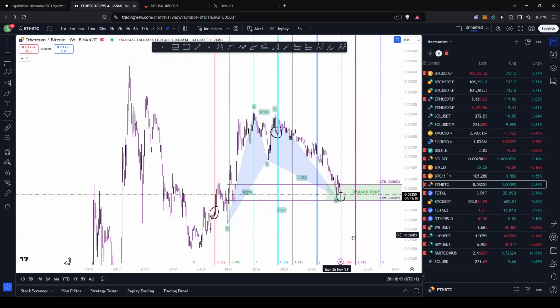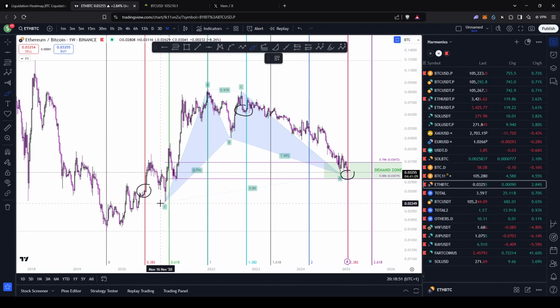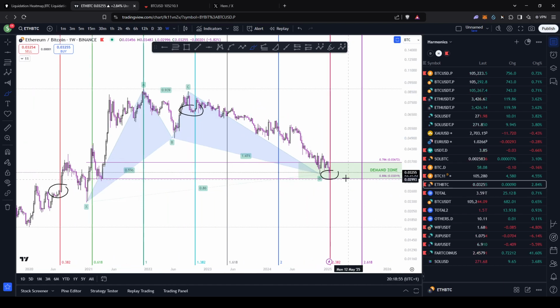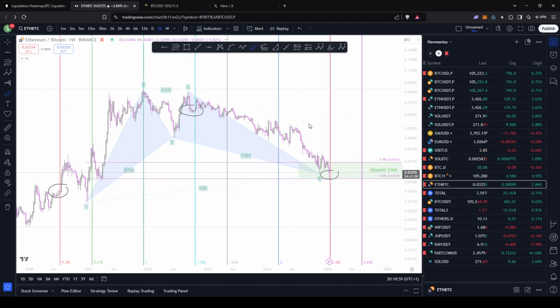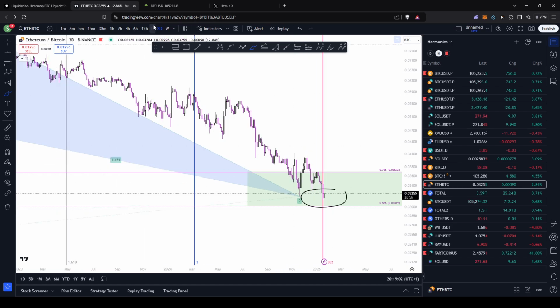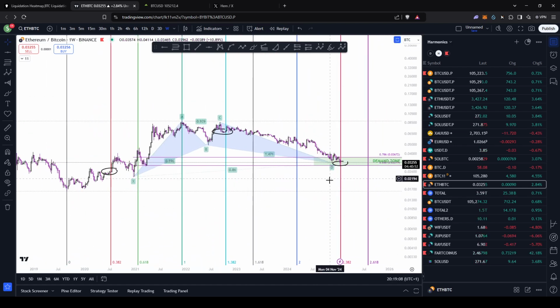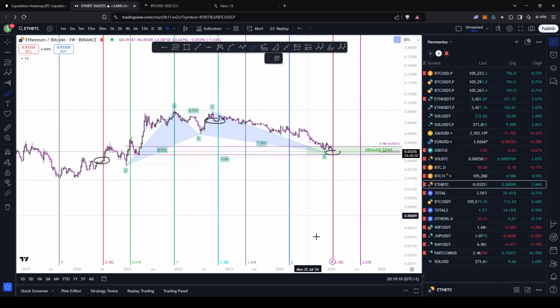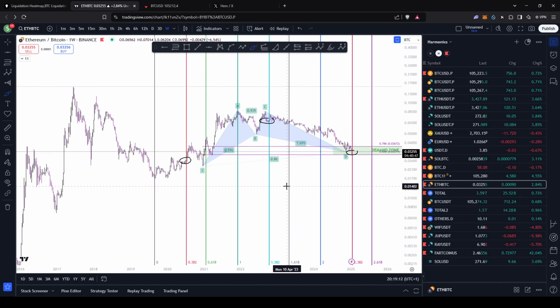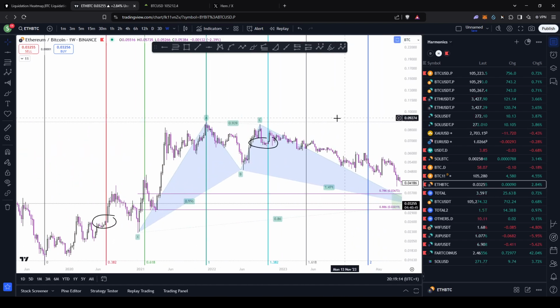On the weekly, we do have this very nice bullish harmonic. You did tap into that 886 today with a very good reaction on ETH BTC. You can see that. You can also see that we are coming right into that 382 time fib. See that? And if you look back at the previous ones, you can see that